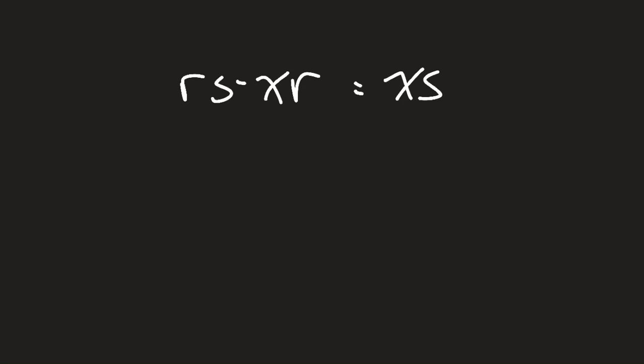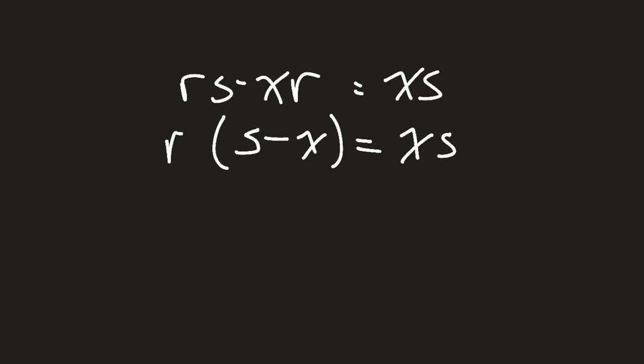So at this moment, you're going to use a skill that you learned in year 8 called factorizing. We're going to look at this and see if we can factor anything out of it. Is there a factor that we can take out of both of these terms? They both have r in common, so we can factor out r in both of these, right? Because we can factor out r, we can then write r bracket s minus x bracket equals